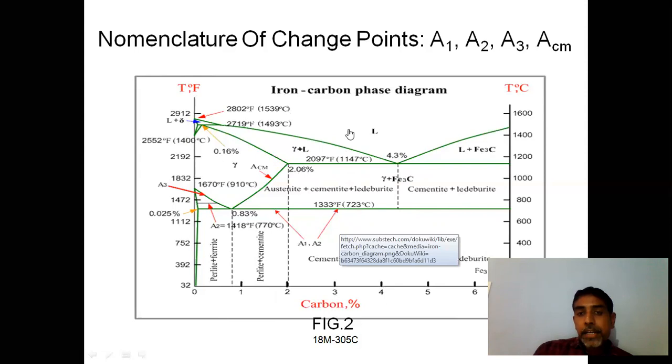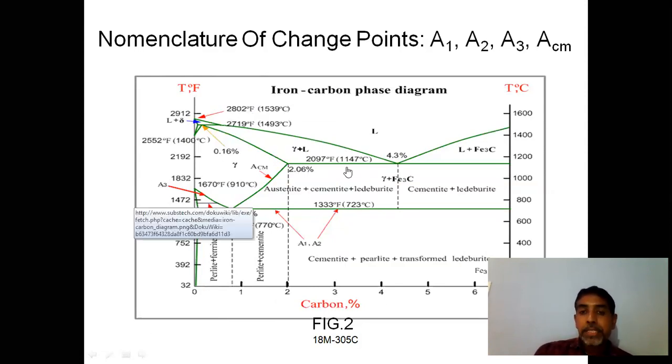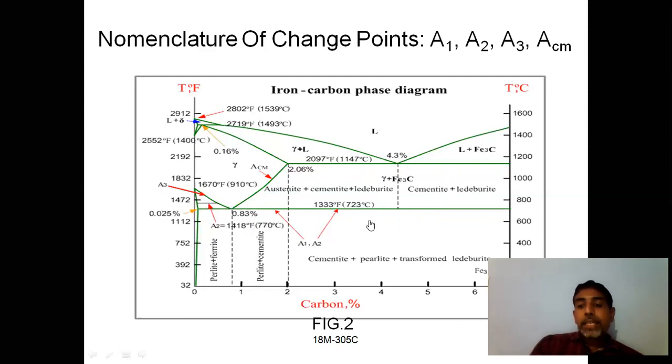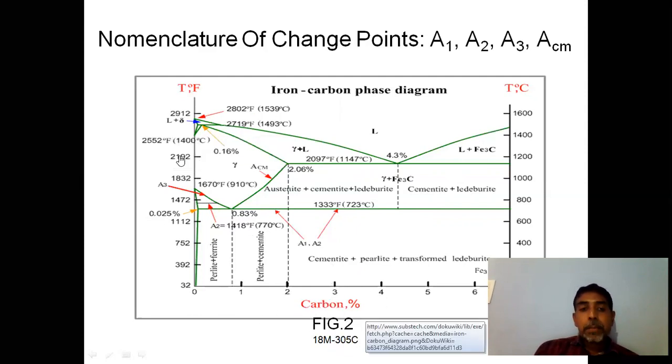Okay. And if you see, so many parameters are involved in this, so many temperatures and so many compositions. Cementite, pearlite, ferrite, so many things are there. We will discuss those things in the coming sessions. Only just remember how this iron carbon equilibrium diagram will be drawn, by taking carbon percentage and temperature on the x and y axes respectively.